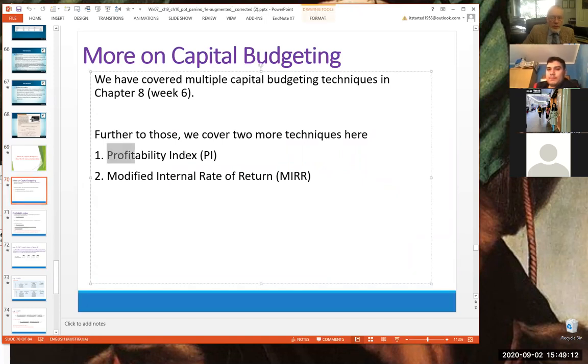Okay, we actually talked about profitability index, so I've already done that. The last one we'll deal with is the modified internal rate of return. We haven't said very much about internal rate of return today, largely because, you know, I'm a bit of a fan of net present value. But this week we gave net present value a bit of a hiding, so we're going to also look at the downsides of internal rate of return.